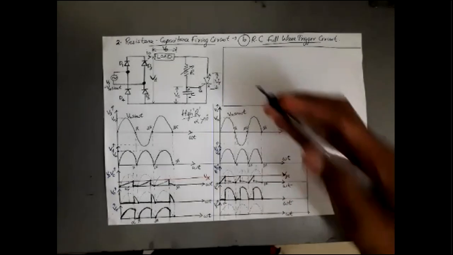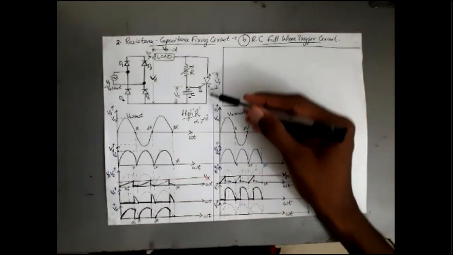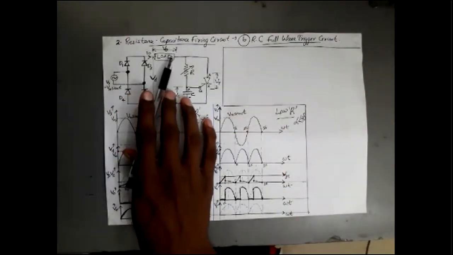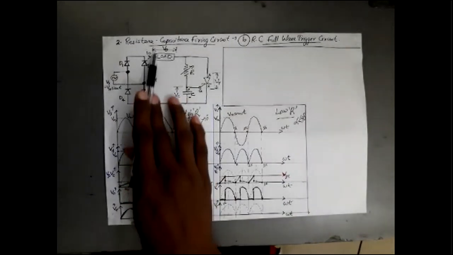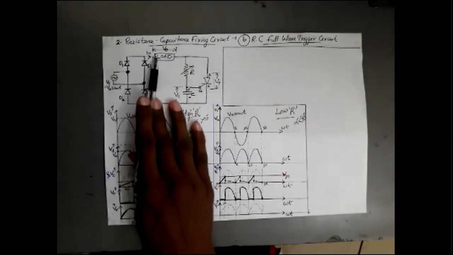Then what is the case of thyristor voltage? As we know in the earlier case also, thyristor will have voltage only when it is not triggered. When it is triggered, voltage appearing across my thyristor will be 0. Okay. When it is not triggered, what happens? I naught will be 0, V naught will be 0. So whatever voltage is applied to this circuit will be appearing across my thyristor when my thyristor is not conducting.